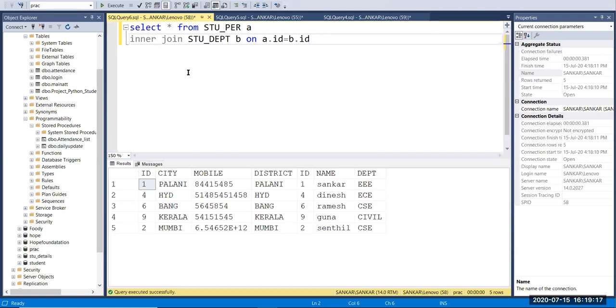If you have 10 records, record means rows, in the left side table and only 5 records in the right side table, it takes the left side table as reference, because it is a left join. So it takes all 10 records.